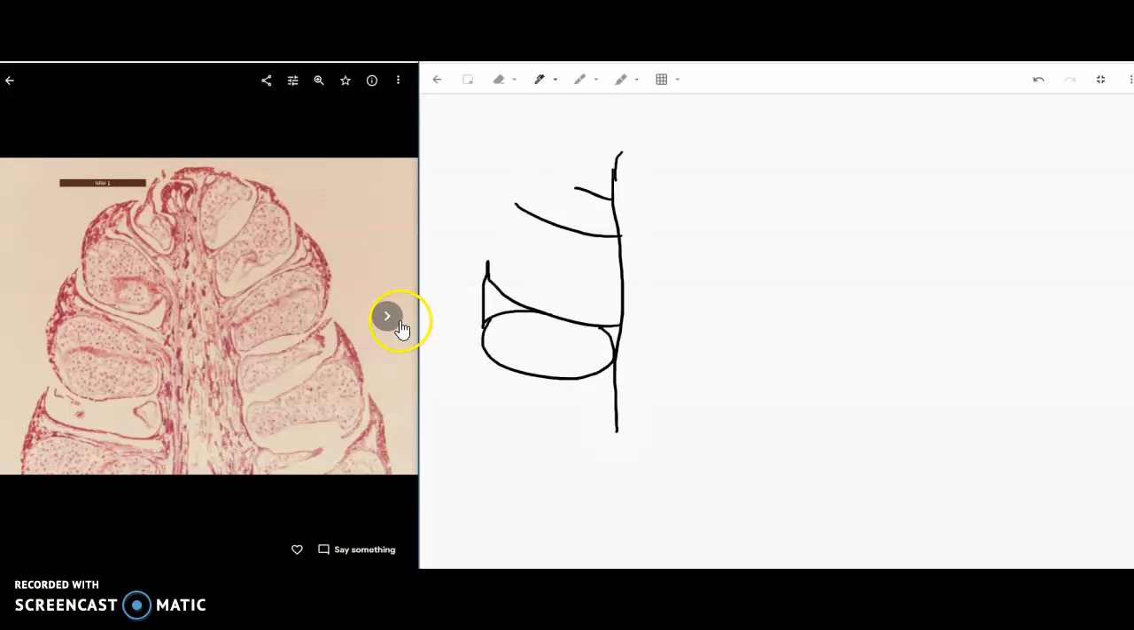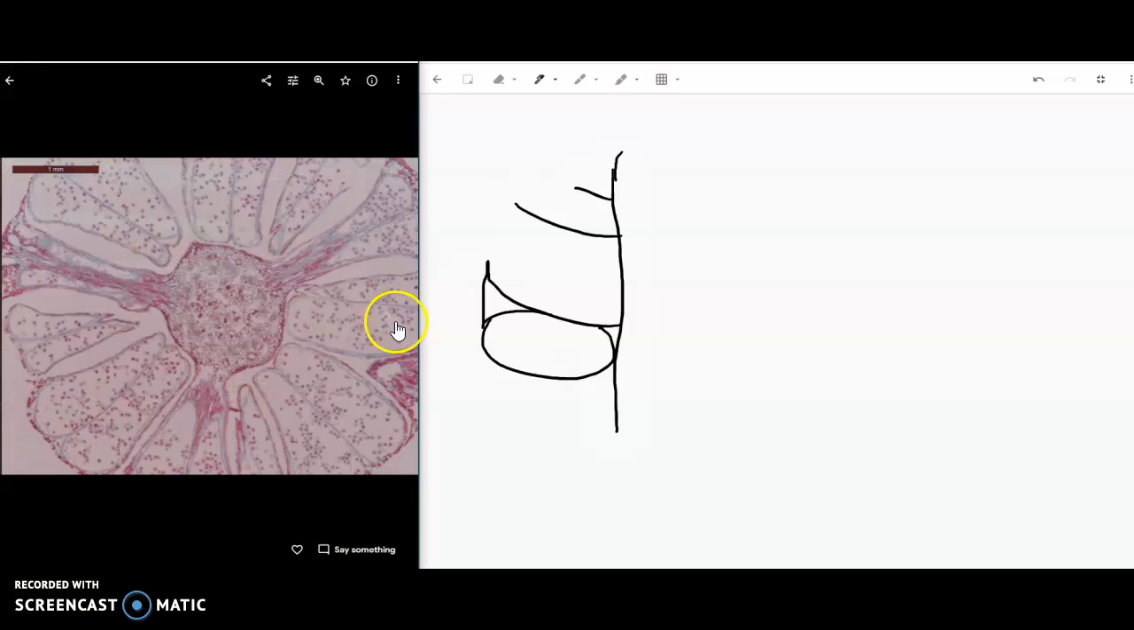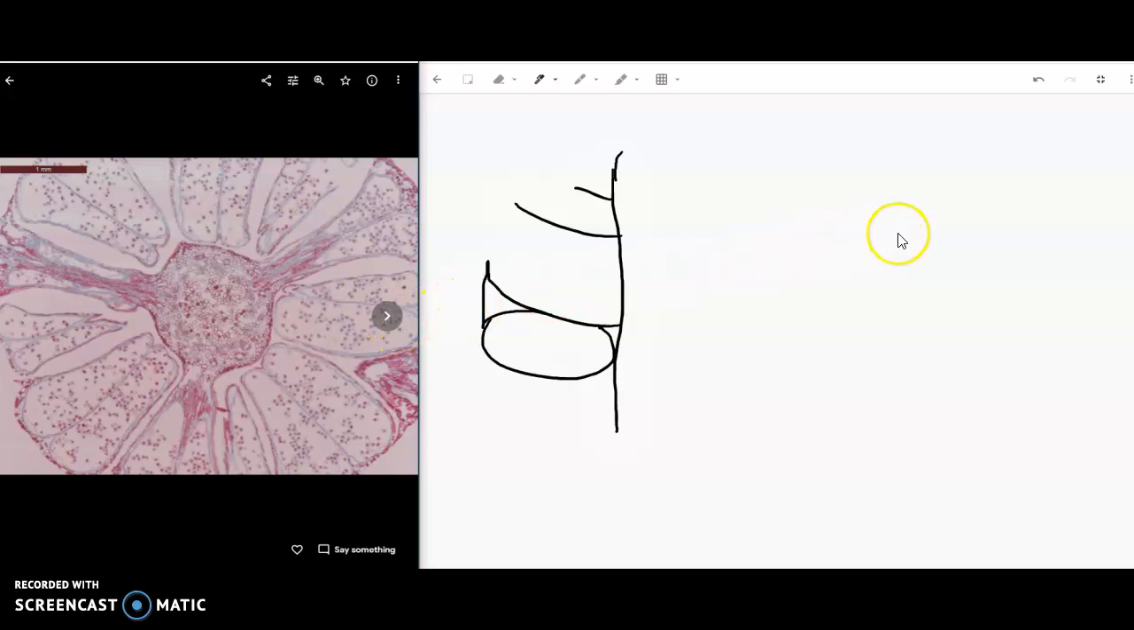And so here's just a closer up view, and then this cross section is basically the same thing. You have the cone axis in the center, and then radiating out from that, sometimes you can pick up the